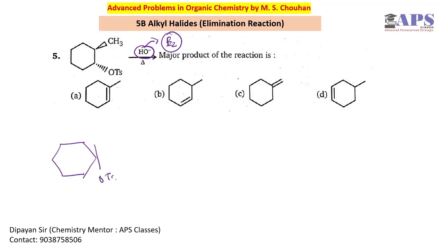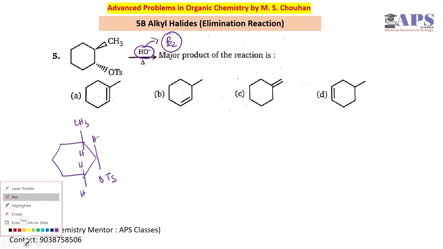So if OTS is present below the plane, then in this case methyl is above the plane, and in this case we have two hydrogen. This is a normal E2 reaction and normal Saytzeff reaction, but anti-hydrogen is not present in this position. We have a lesser number of hydrogens in this beta. So if we compare, this is alpha, this is beta, so beta with one hydrogen, this is beta with two hydrogen. So you should abstract hydrogen from the beta carbon where the number of hydrogen is less.